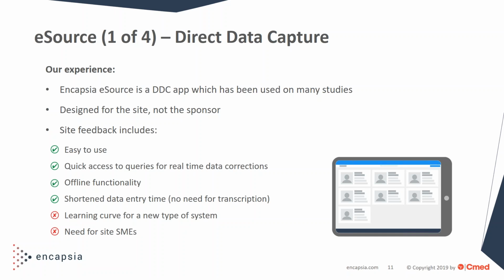Because we work so closely with these sites using Encapsia's eSource, we've been able to gather a lot of feedback, which helps us to continually improve our product. Some of this feedback includes that eSource is easy to use. It allows for quick access to queries, allowing for real-time data corrections. Site users appreciate the offline functionality,